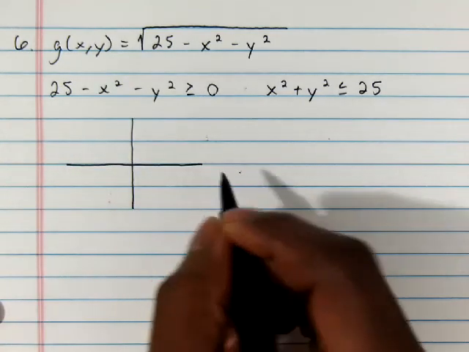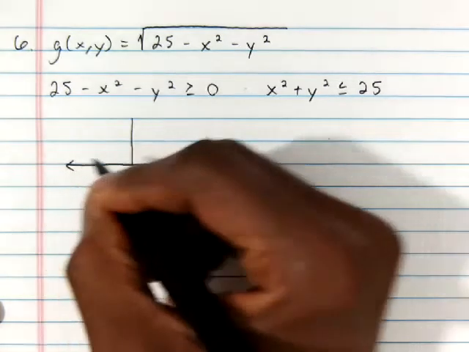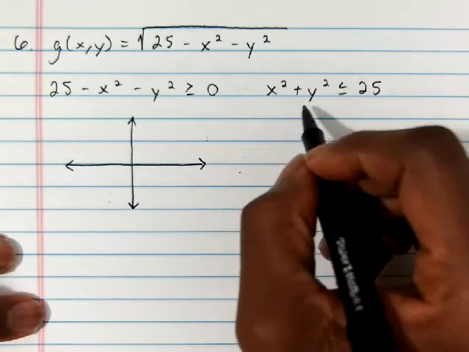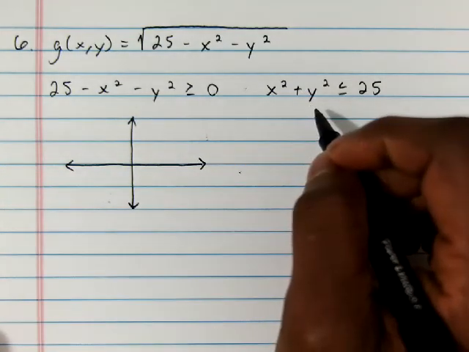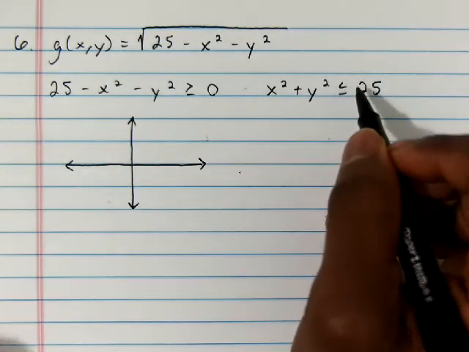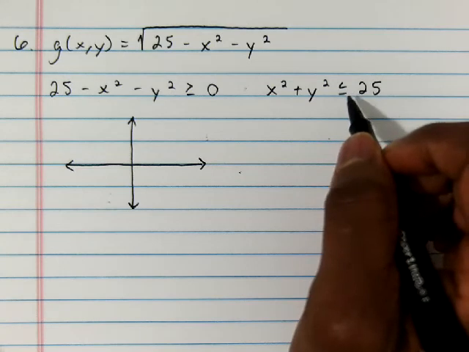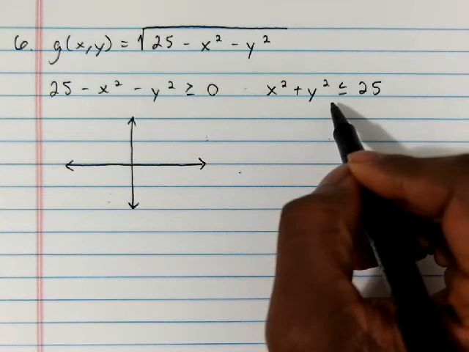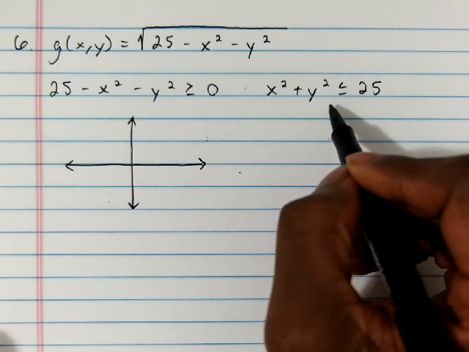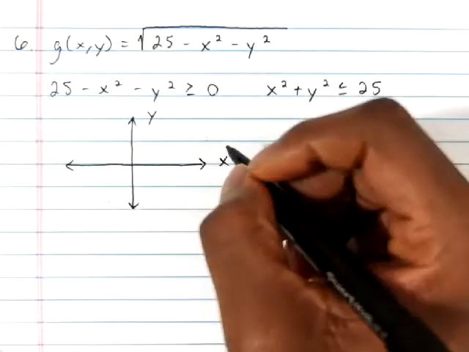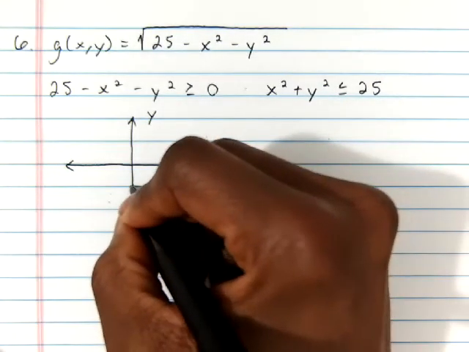So the domain is a set of points. Remember, your domain is in the xy plane. We're not sketching a function, so we're not sketching this in 3 dimensions. Even if this had an equal sign right there, which wouldn't be our domain in this scenario, it still would just be something in the plane because it's the domain. It's not some function of 3 variables. So you have to be careful and keep in mind what you're considering. Are you considering the domain or a function? So here, this domain